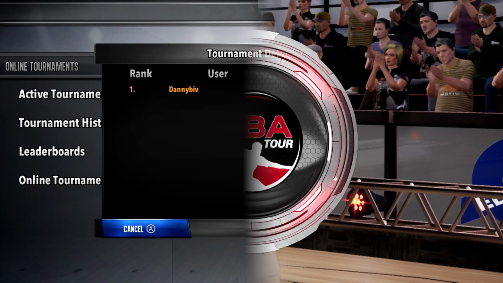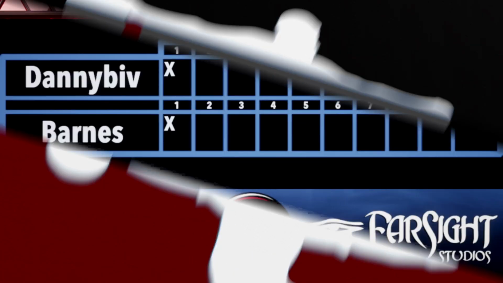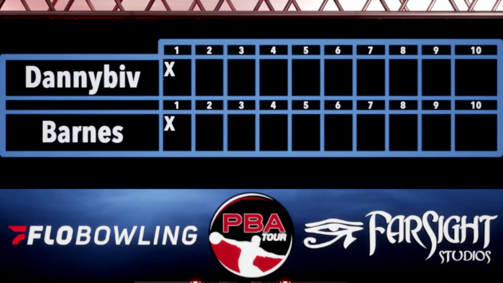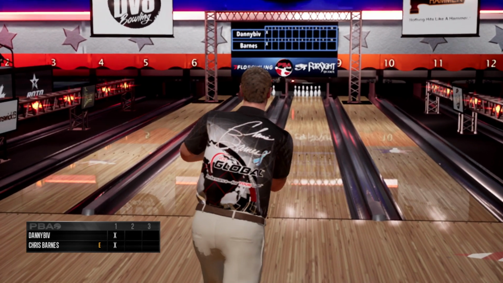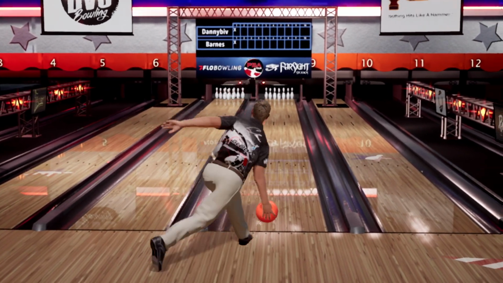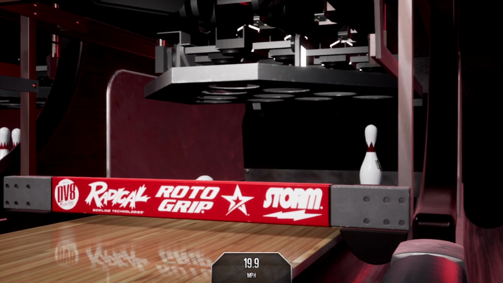The presentation in PBA Pro Bowling is awesome. The visuals here are believable. They're realistic renditions of the locations, bowling balls, pins, lanes, and even the broadcast camera angles and transitions between frames really offer a TV-like experience. And everything from the physics of the ball and the pins, all of this seems pretty